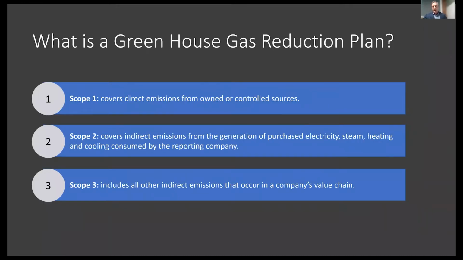So what is a greenhouse gas reduction plan? I'm going to kind of build a story here to show you how agriculture supports this. A greenhouse gas reduction plan is some type of purposeful effort that a company takes to reduce their greenhouse gas emissions, whether it's indirect emissions or their direct emissions. Like if we took an example of a Google, they consume a lot of electricity, so they're going to look for ways to reduce or offset their electricity consumption. Or a company that has long supply chains, they may look to some of their suppliers to help improve their supply chains to be less